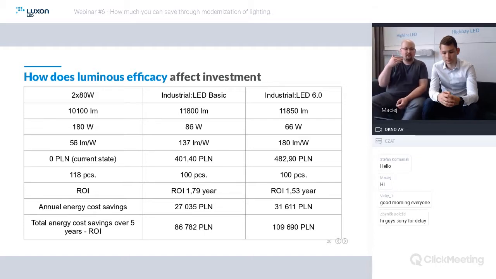And because of that increased annual energy savings, your total energy cost savings over the period of 5 years minus the cost of investment is almost 110,000 PLN. So that's basically 23,000 PLN more, which is 25% better. So after 5 years of using this more premium lighting solution, you basically have 25% more savings on your account